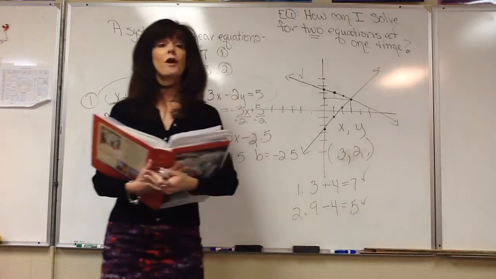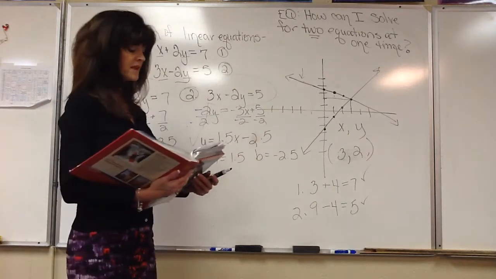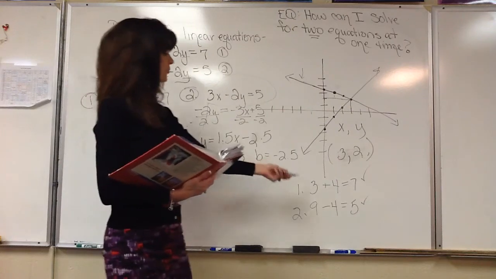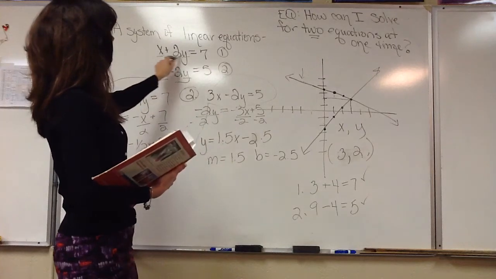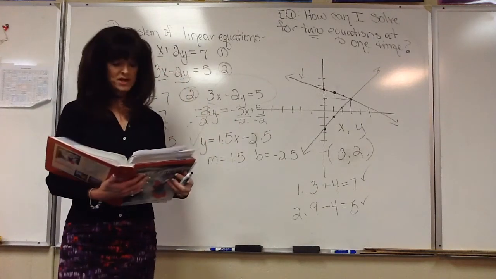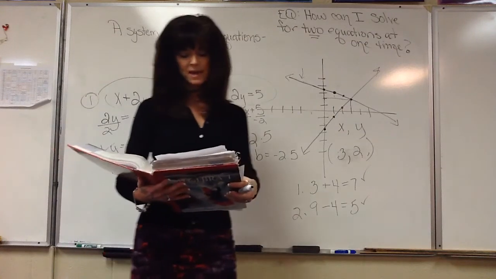Now, using graph paper is going to be very important. So you're going to need to use your graph paper. And then step 3, check the coordinates algebraically. And that's what we did. We just substituted in 3 and 2 for the x and y values in both equations in order to solve. Now, we're going to go ahead and look at example 2 on page